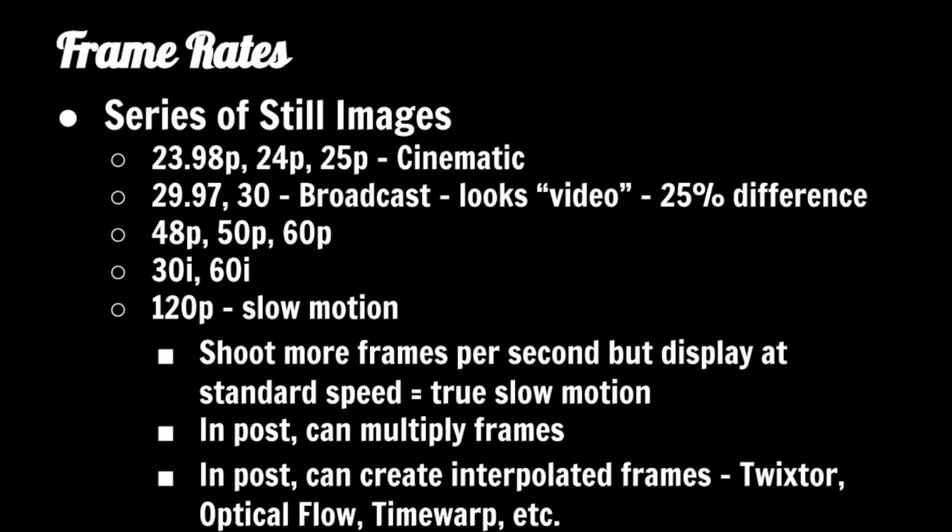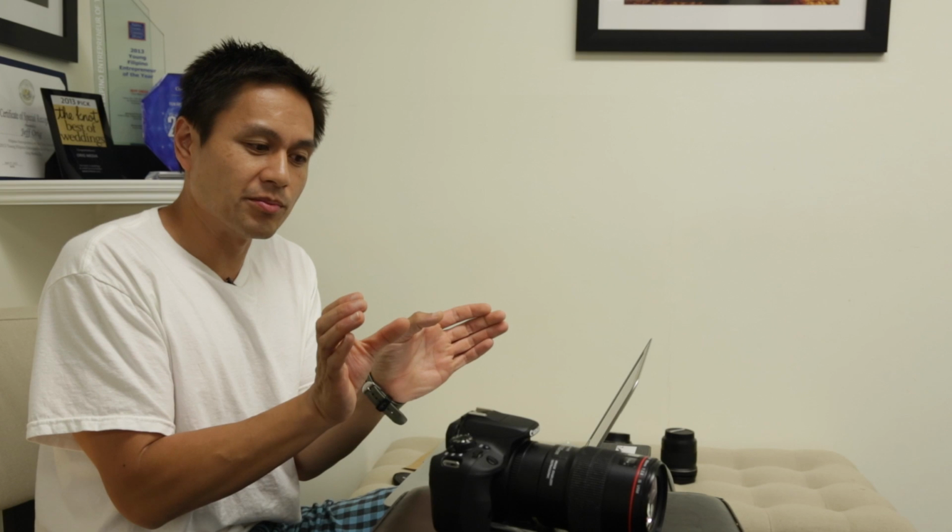Now, you can create slow motion in other ways as well. You can just slow the images down in post, meaning just adding more frames in post, which are the same exact frames. Or you can do something called interpolating new frames. And what that does is the computer, if it has the right software like Twixtor or Optical Flow in Final Cut Pro 10 or Time Warp in After Effects, it will create frames in between the frames that you shot,